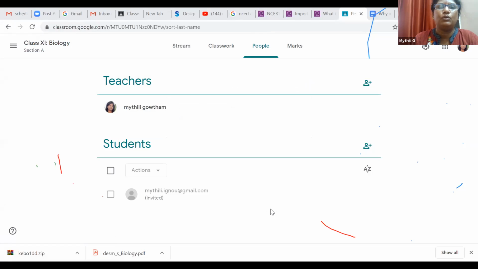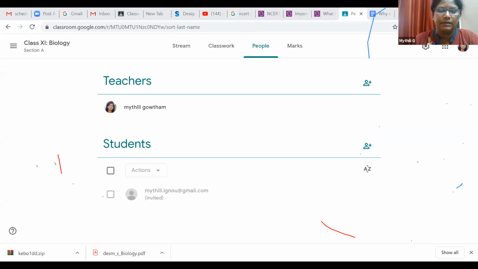So I will go to Google Classroom directly as a student. As a student, I have to go to my mailbox to get the link, or otherwise I can directly join the class by giving the class ID.